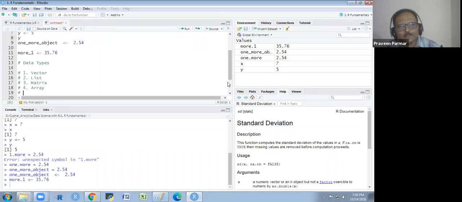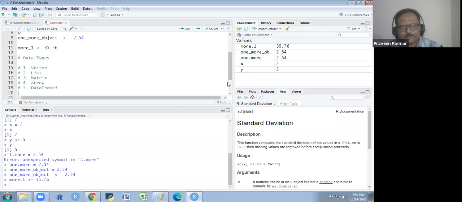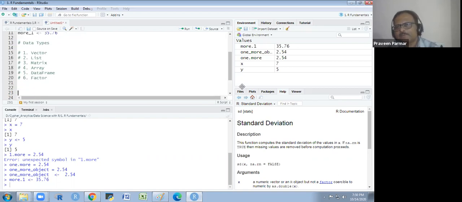And fifth data type is a data frame, which we use mostly. And the sixth data type is vector. These 6 data types we have to study first.